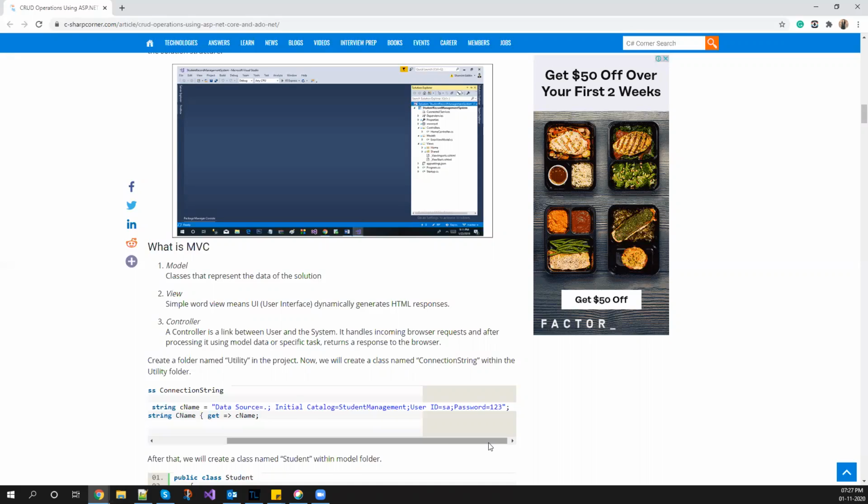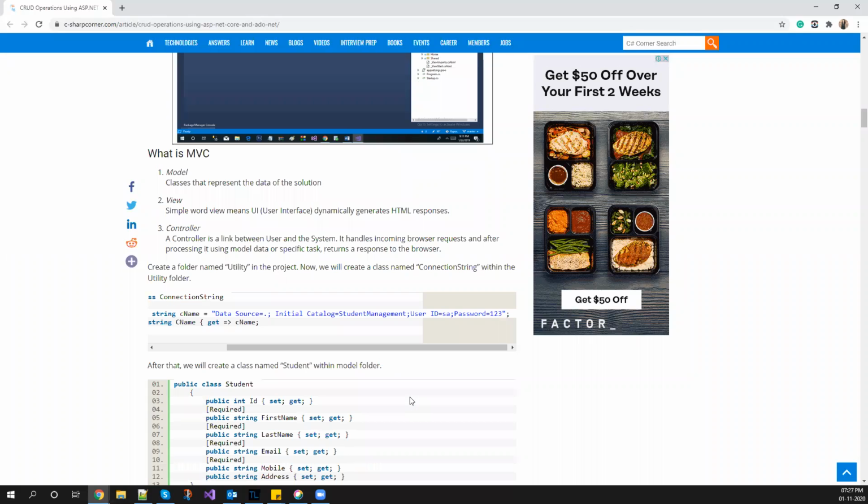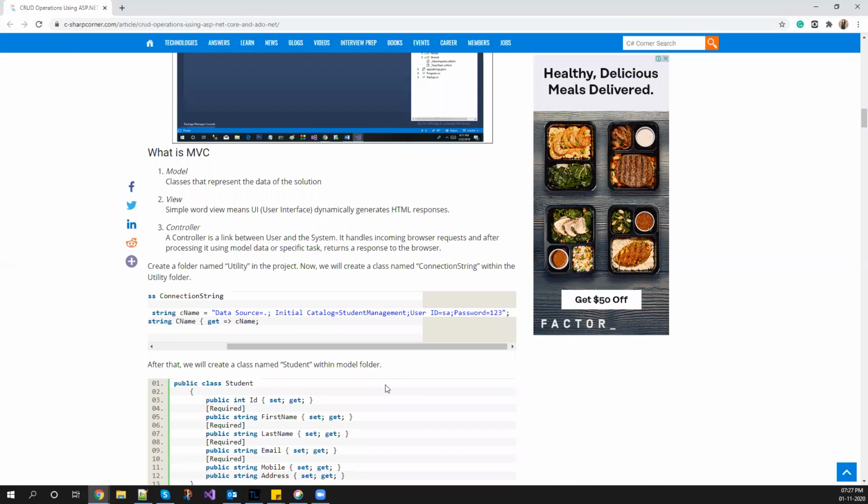Also, a very good thing, let me tell you. Let's say I have created a connection string, as in my previous example with the SQL connection.